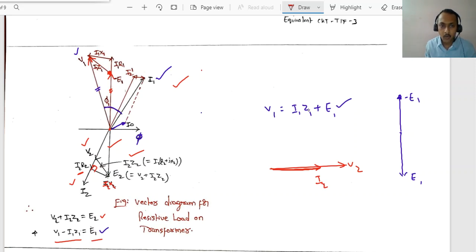If it is some other load, for this V2, if it is an inductive load, I2 lags V2 by some angle. Rarely will you have a capacitive load; most of the time we are going to have either resistive or highly inductive loads, right? Yeah. Now